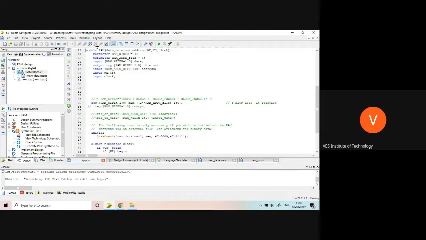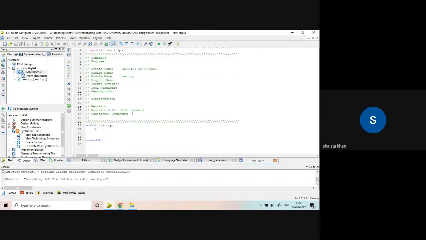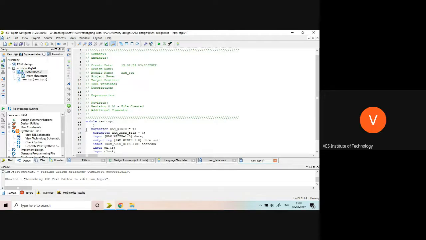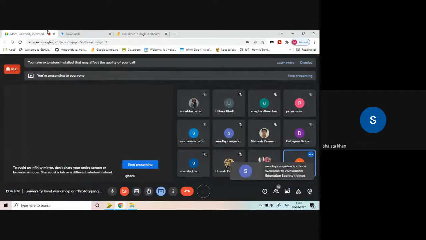So I will take all the ports. Sir, memory, after you're showing it on 7-segment, is it like that? Yes, yes. The memory output that we are going to show on the 7-segment.